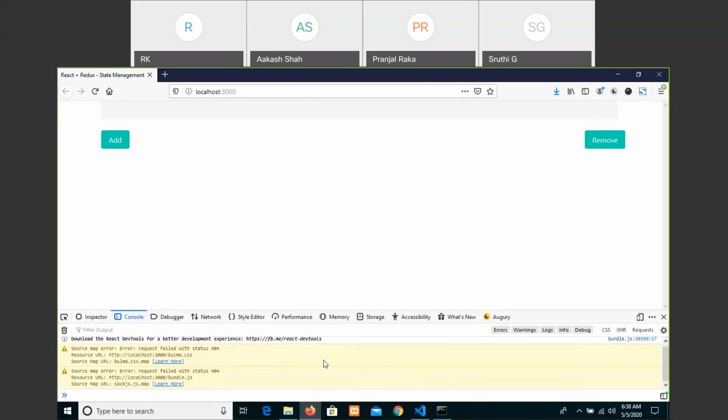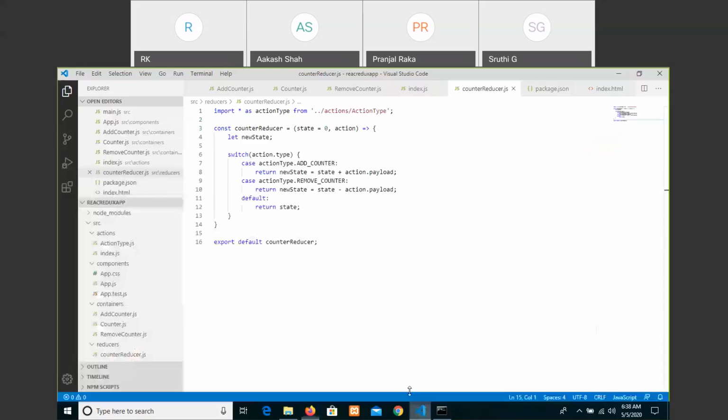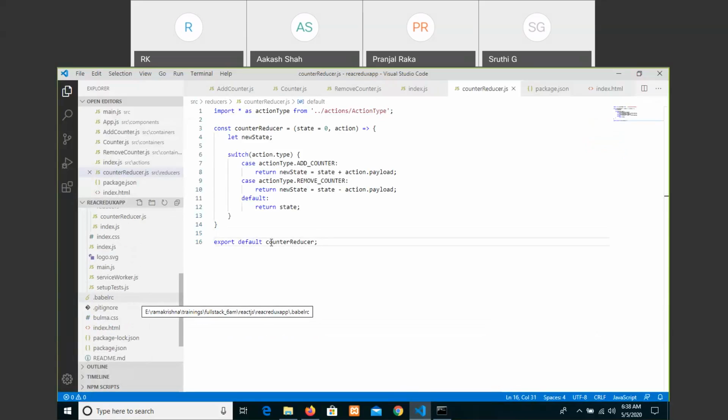Okay, I will just check it out. This concept, no need of too many things we have to do. I will just reinstall the required packages once again and check it out. Then we'll let you know what is the problem, why it is not displaying that output in the counter.